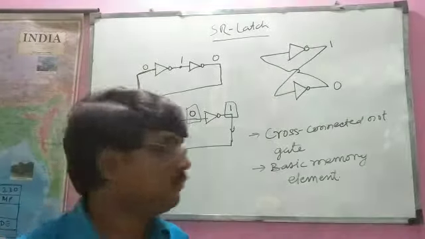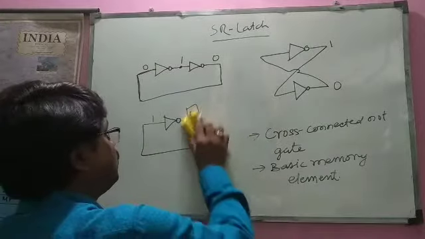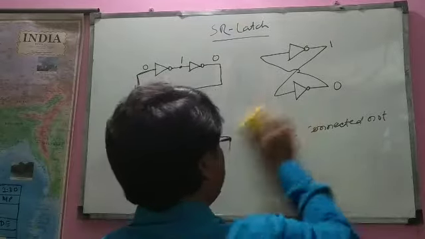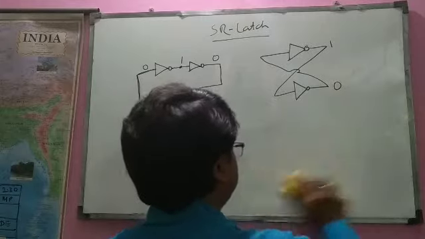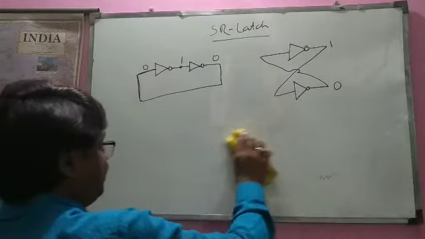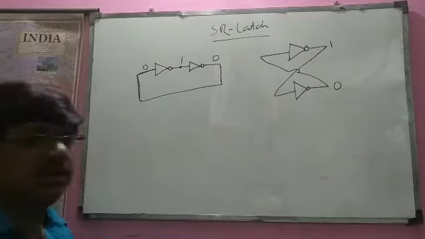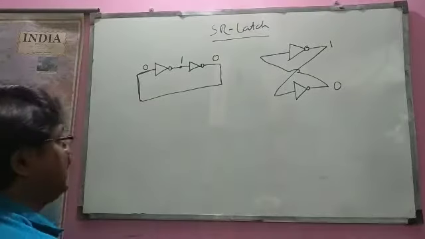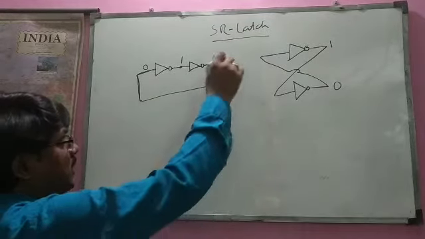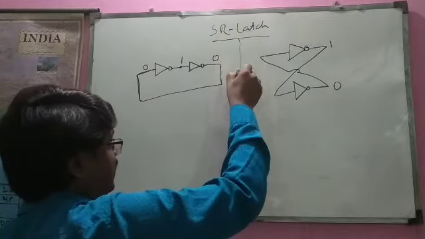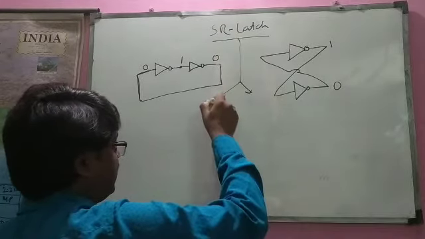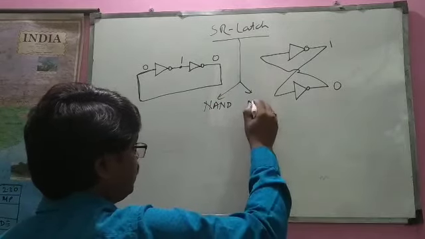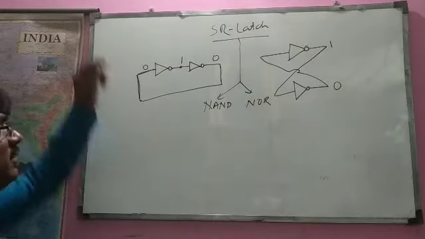But the people thought, how can we change the output of it? How can we change the output of it without changing the result? Okay, so see, let us suppose we will use the SR latch. Latch using NAND gate and latch using NOR gate. So here we will see first the latch using NAND.